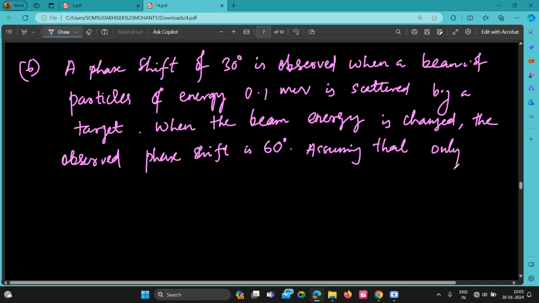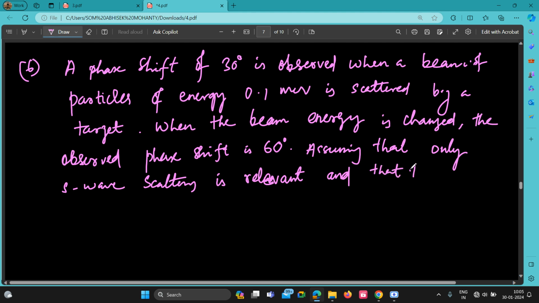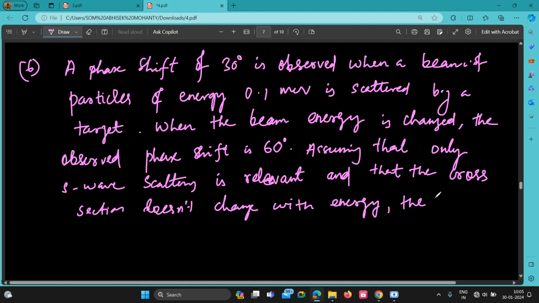Assuming that only S wave scattering is relevant, and that the cross section does not change with energy, the beam energy is